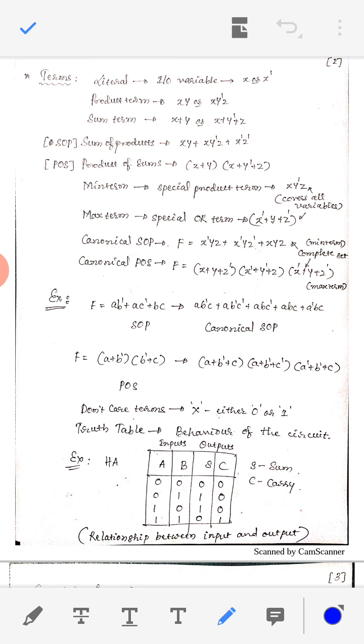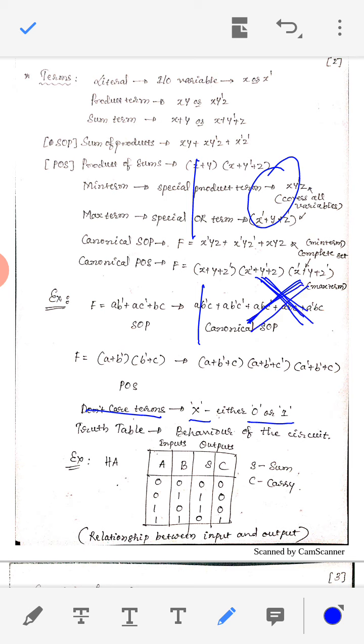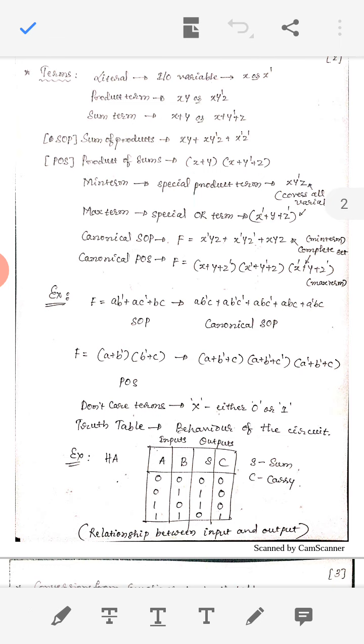Then there is one more term, the don't care. Don't care we will represent as X. The meaning of that is it can be considered either 0 or 1, depending upon the situation. If you go for K-map reduction, while grouping the bits, if 3 bits are there and one more, we can take it as a don't care. While grouping we can consider either 0 or 1 based on the situation. So that we call a don't care term.